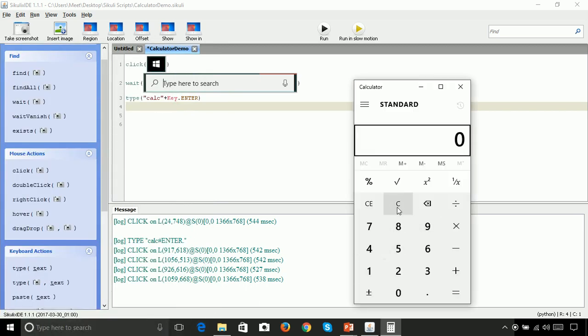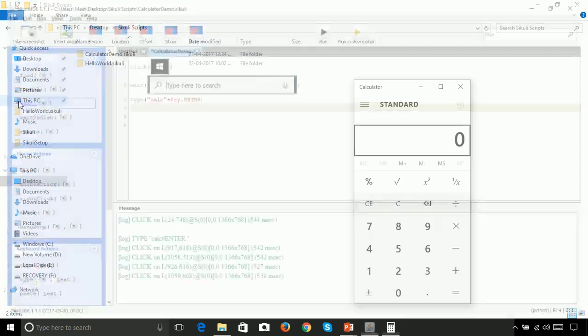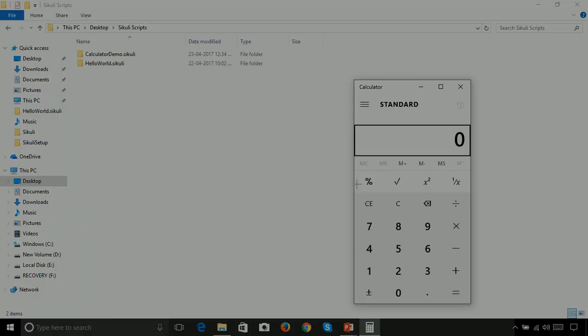If you will see all these buttons, multiplication, equals, all this belongs to one section of area. So if we select this area, it will have everything we want to add in our script. So let's wait for this section to appear on the screen. So let's use the wait command and drag a box over this whole section, which will cover all the buttons we need in our script.